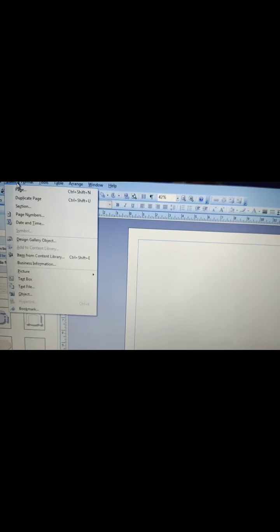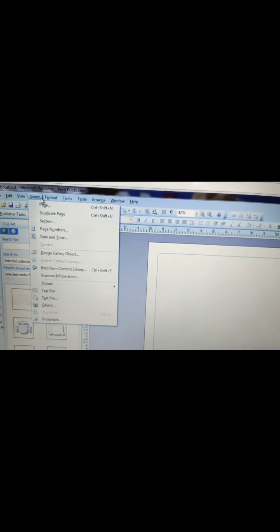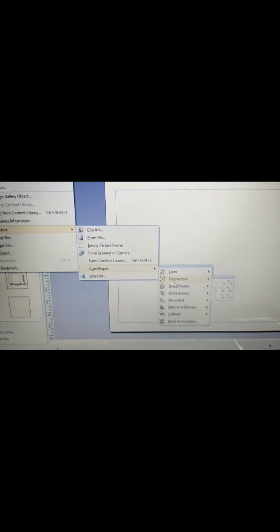Now in the 2013 version, first you have to go to the Insert tab, then under the Illustrations group you will get the shapes. And in the 2007 version I will go to Insert, then Pictures, then AutoShapes, then whichever shapes I want.